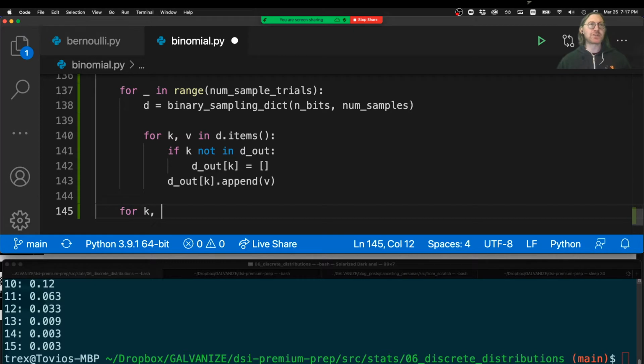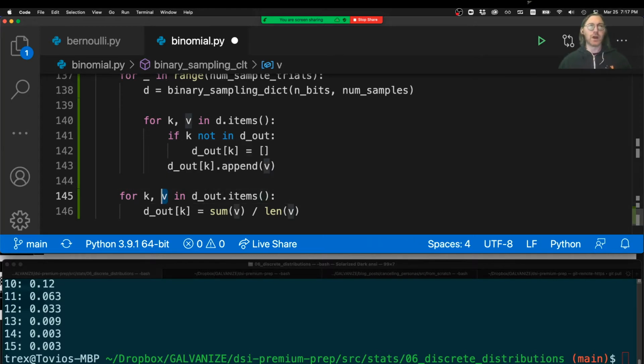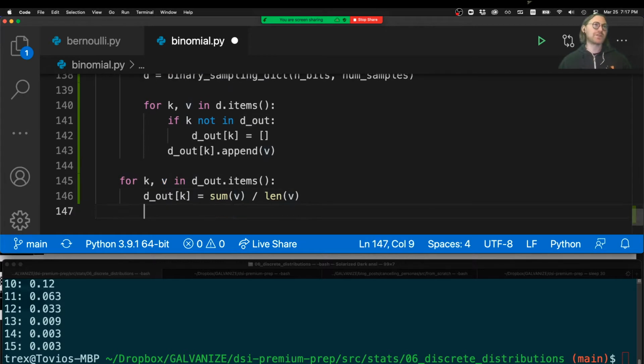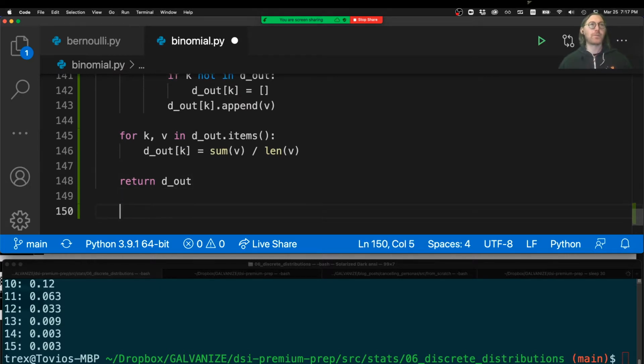And then at the end of this, I'm just going to clean this up a little bit, and I'm going to say for k, v in dout.items, I'm going to average the counts, which is just the sum of the value over the length of the value. This is our list of counts. I'm going to leave it as v, just to keep it short, and we can return dout. Okay,